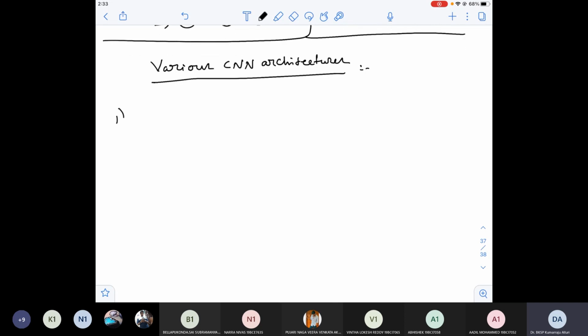Okay, we'll learn the first ever CNN architecture that was introduced in history. This is the first CNN architecture that was introduced. That is called LeNet. Now, I will draw the LeNet convolutional neural network. First, if you understand this,